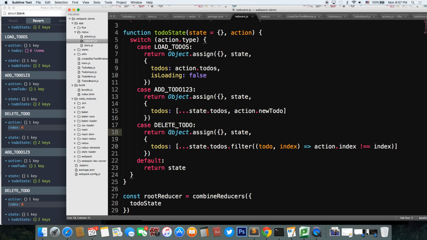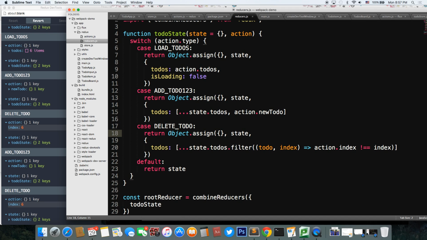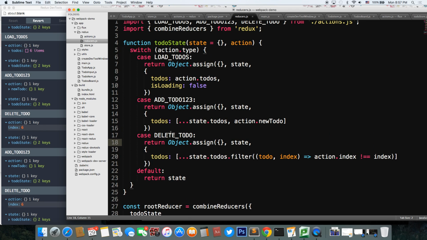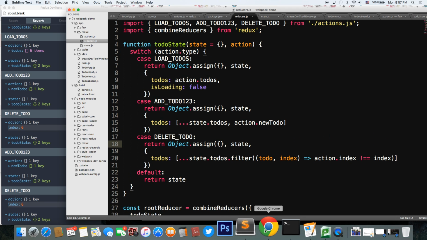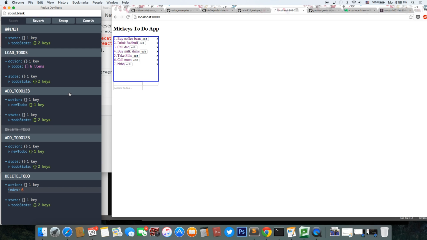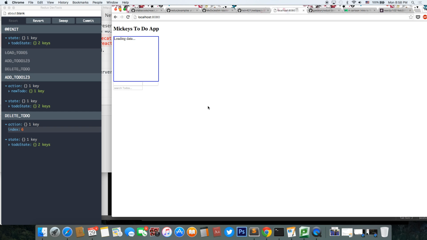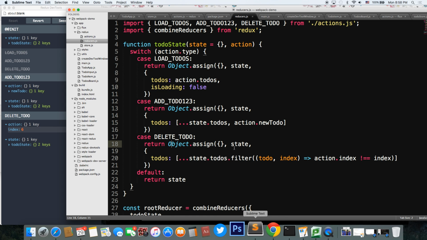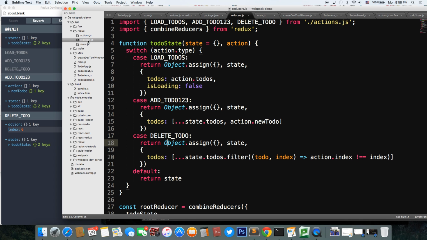So yeah, it's true that you're going to have a lot of switch cases. Any questions on this? So if I have another component,